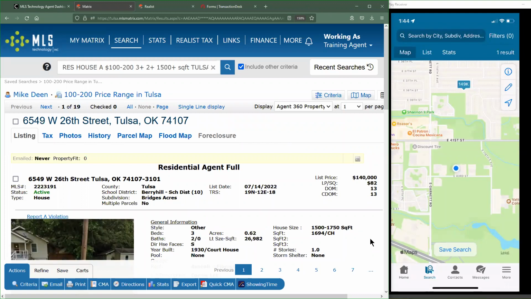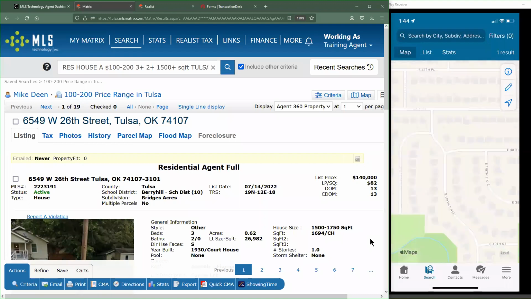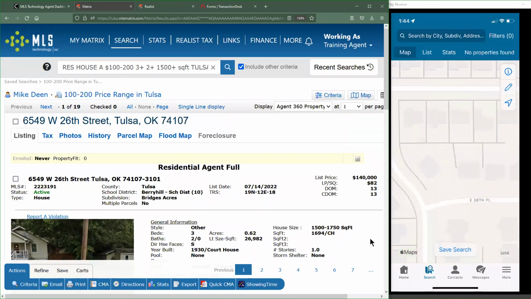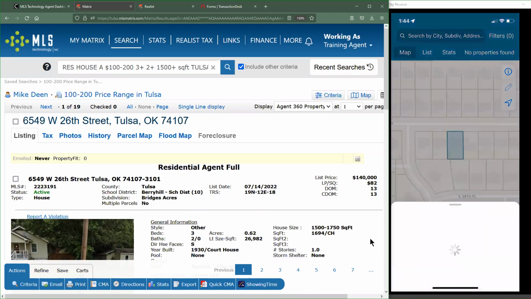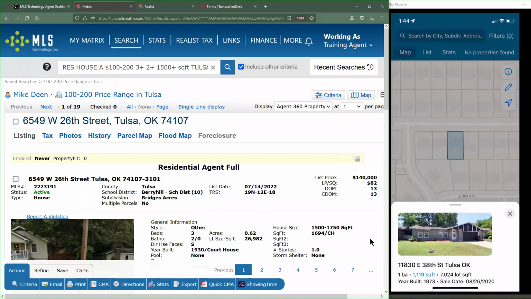When you're looking at the map, I mentioned before that there was the option to actually see any of the Realist data for any of the properties. I'm going to zoom in on this neighborhood up here. As soon as I start zooming in close enough, we can see those little gray outlines indicating where a building is. If I wanted to, I can also click on that particular listing, just holding it down for a second. There it goes. And it's going to highlight the parcel and give me all the details about that particular